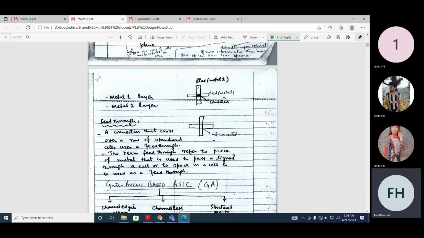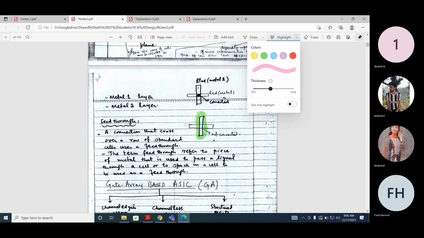And you also have different layers, metal layer 1 and metal layer 2. So let's assume we have two metal layers, and in between there is an insulation. Now if you see these two lines, are they connected or not connected? Not connected. So it means now you have this row and this column.